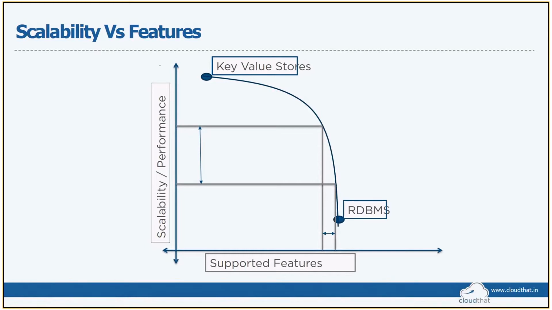The RDBMS, on the other hand, are on the other side of the spectrum, where I have so many features, a huge number of transactions that I can do, and multiple complex queries that I can write. But after a particular point, you will start seeing performance issues with relational databases. And document stores, on the other hand, try to offer as many features as possible without compromising their scalability. They try to lie in that area, and they turn out to be a good replacement for relational databases.